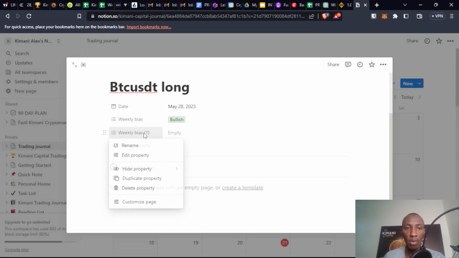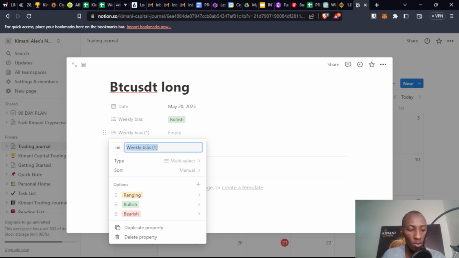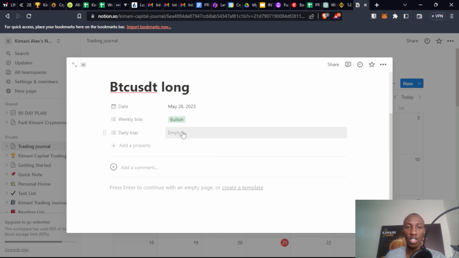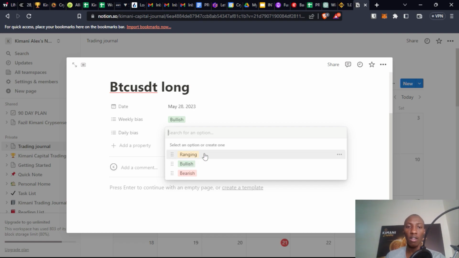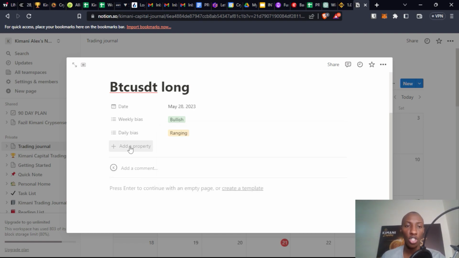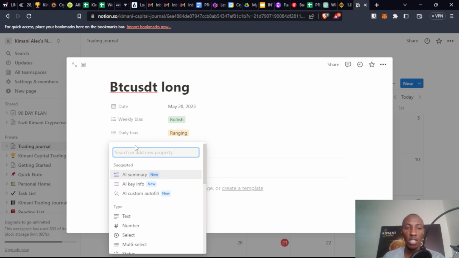And then this weekly buyers, instead of just change it to daily buyers, because we want the same options, right? The ranging, bullish, and bearish. So I come here, I click there, right there. So daily buyers probably today's ranging, and then of course our date is the first one, and then the other one is probably confluences,